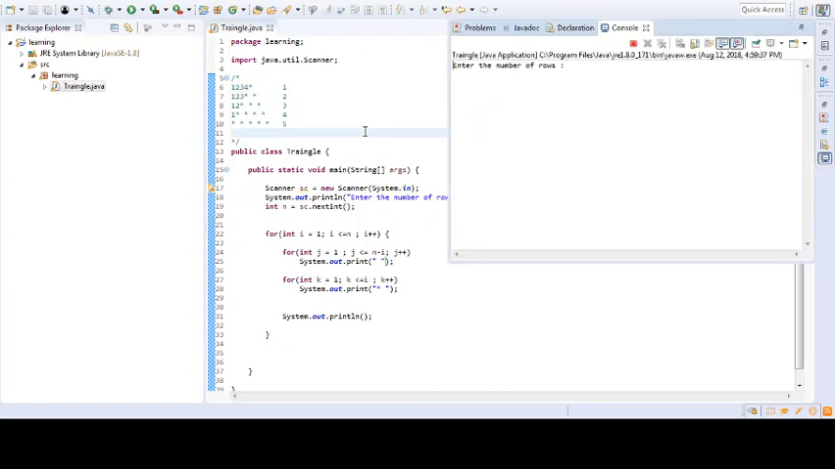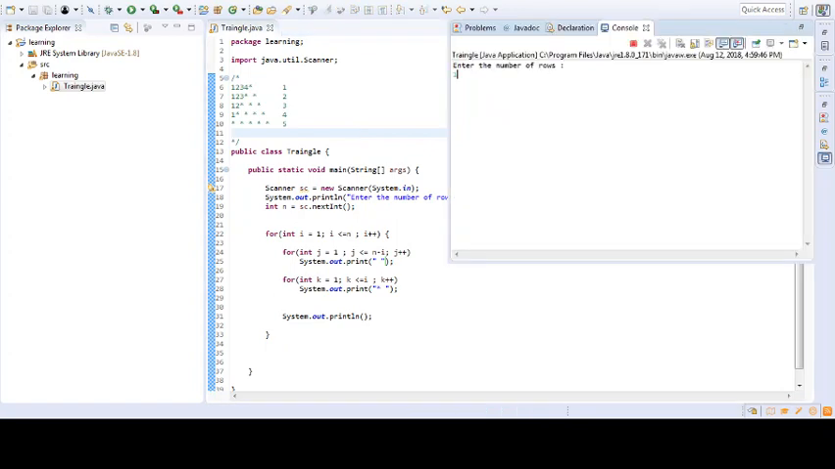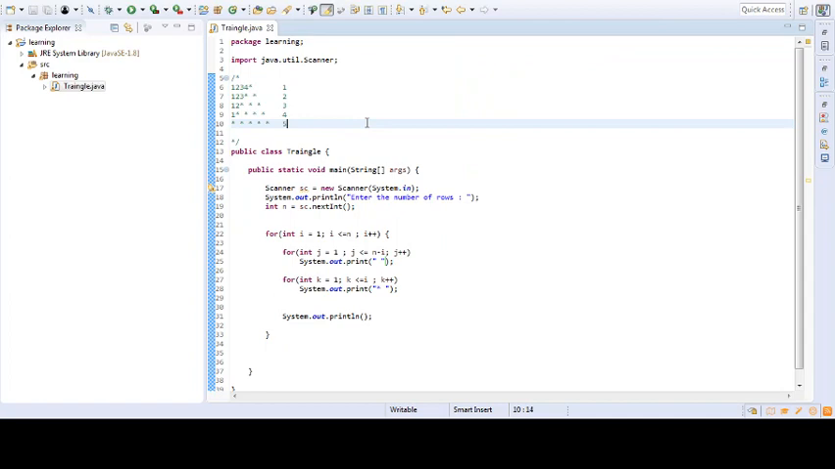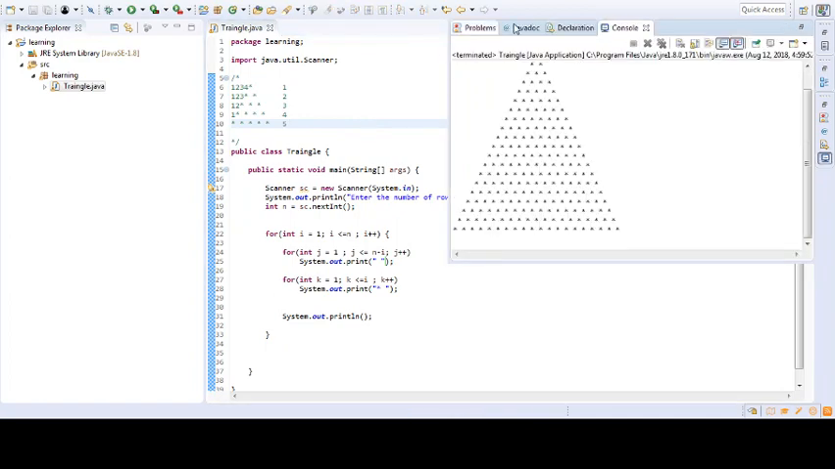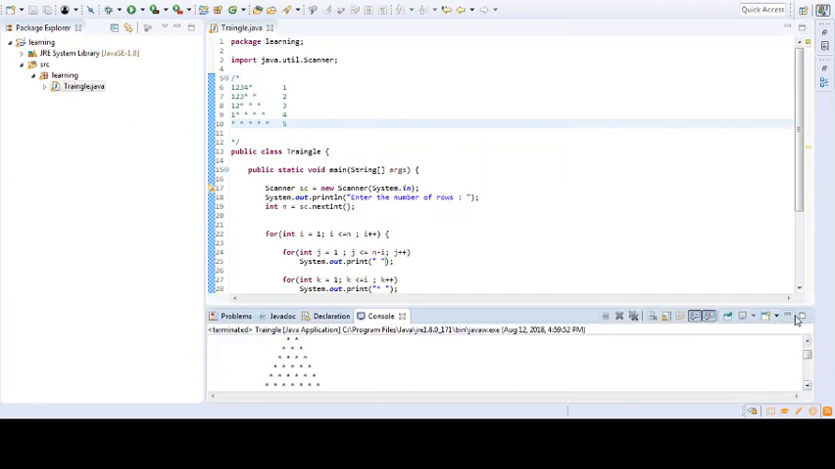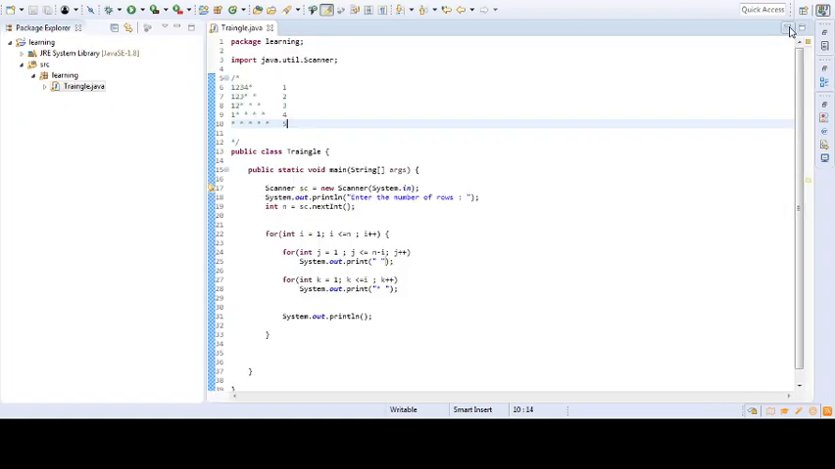So we'll again execute this with control F11, and we will write 6. So here we go, it works for 6 also, and we will test it for 10 also. So let's try for 20, and here we go, it is printed for 20. So our code is fine, and we are ready to go to the next